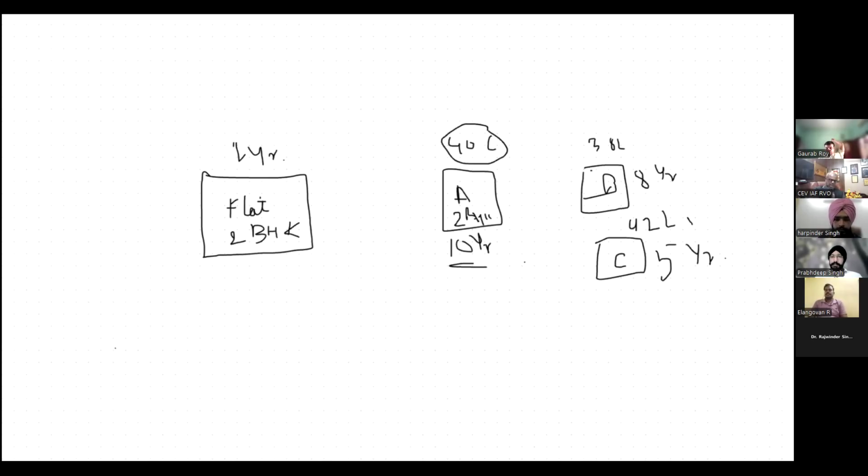It will be higher price, because it will be a new flat, more than 42 lakhs. Yes. So it will be higher. Similarly, we will make adjustment. How these adjustments will be done for age, for specifications, for location, etc. That is the thing we do in this